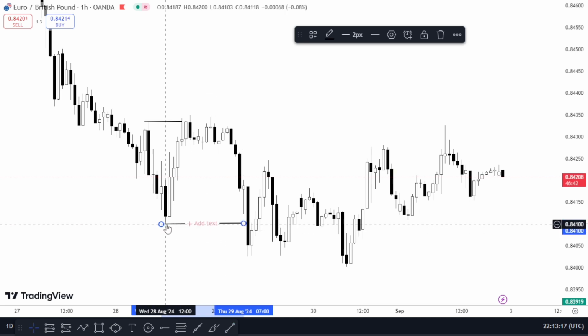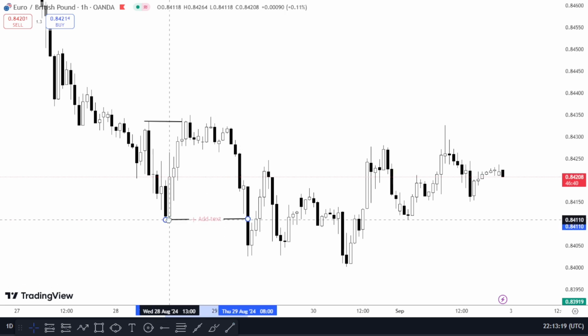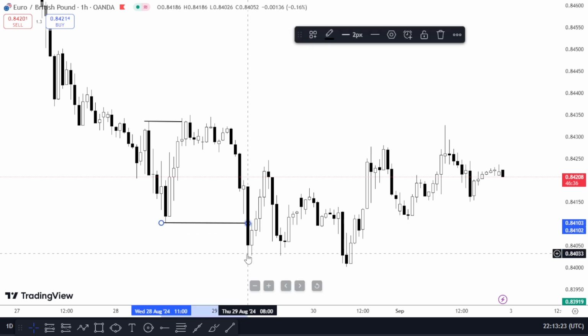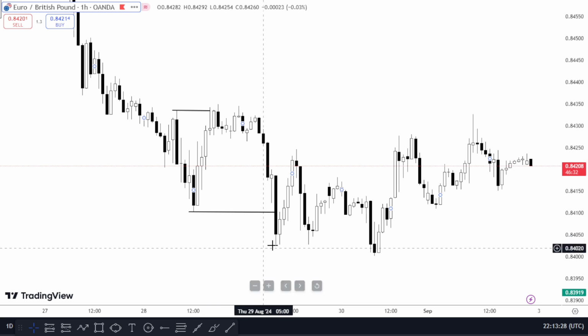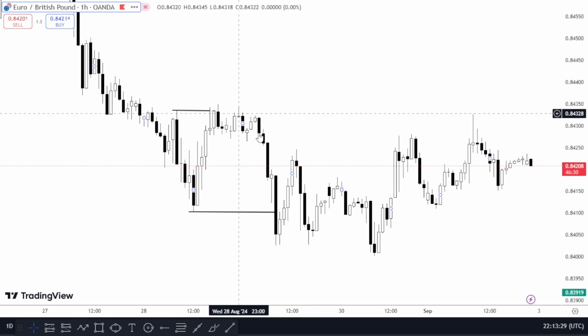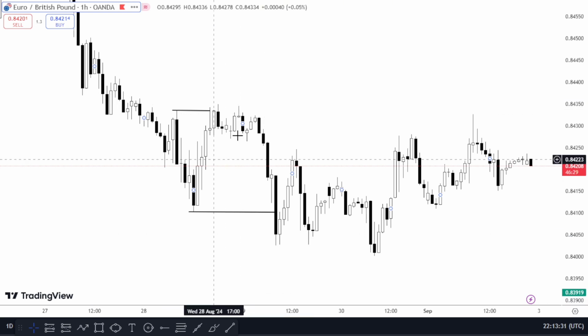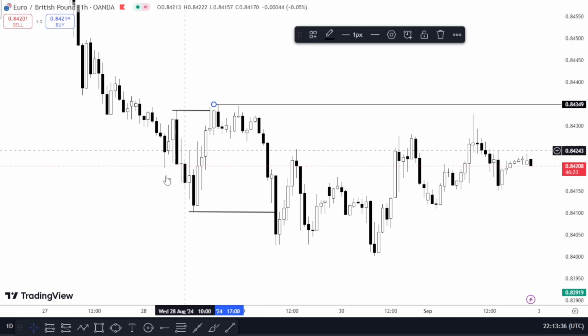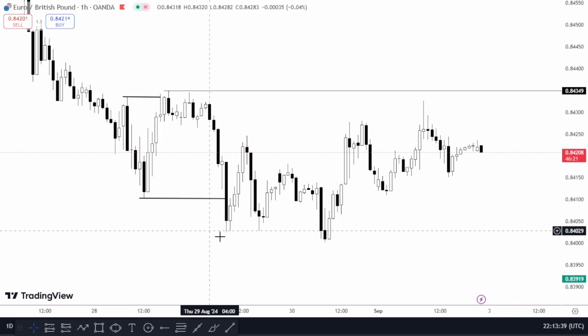So since we have our break of structure, the whole of this becomes what? Our swing structure. So if the whole of this becomes our swing structure, then this becomes our protected high. All right. And then we have our second break of structure right here